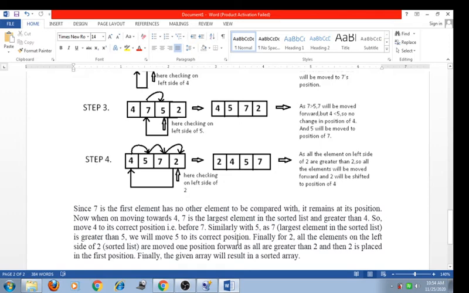Finally for 2, all the elements on the left side of the 2 are greater than 2 and are moved one position forward, and then 2 is placed in the first position. Finally the given array results in the sorted list. The sorted array is like that: 2, 4, 5 and 7.